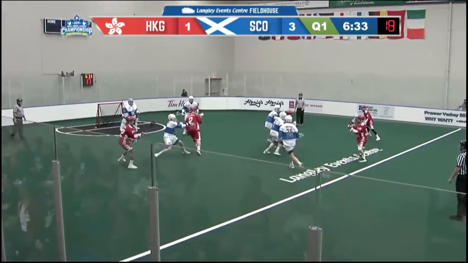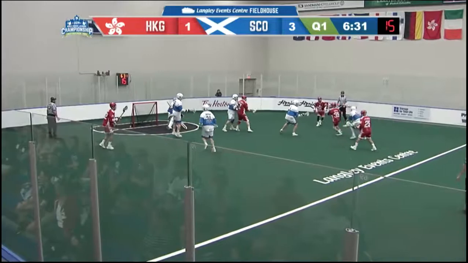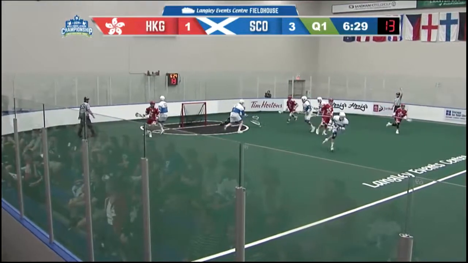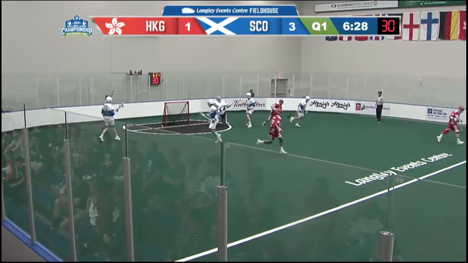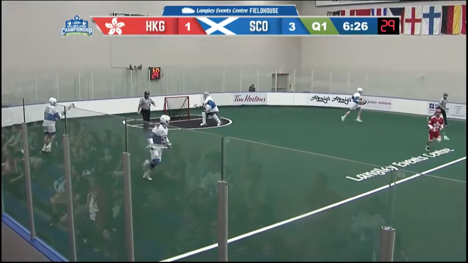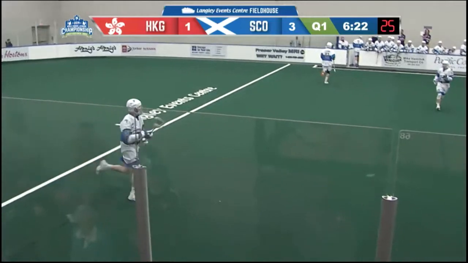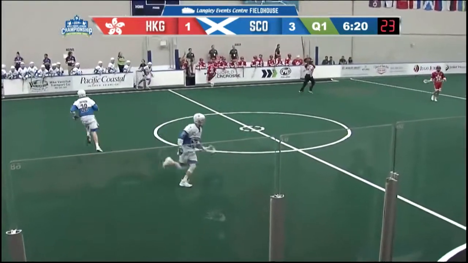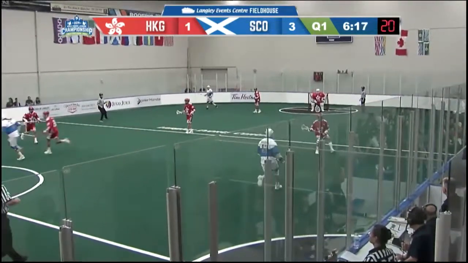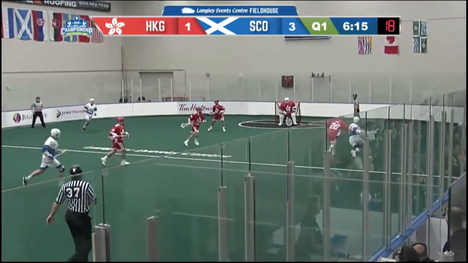Hong Kong moving it around. Now sent toward the goal, kept out by Kalman. Kalman tosses to his right as Scotland will get to center and in here on offense.